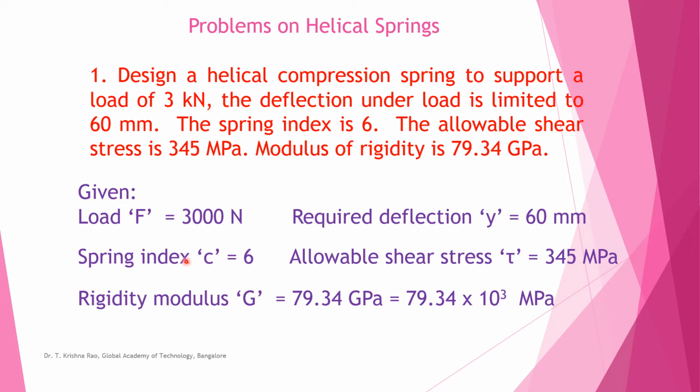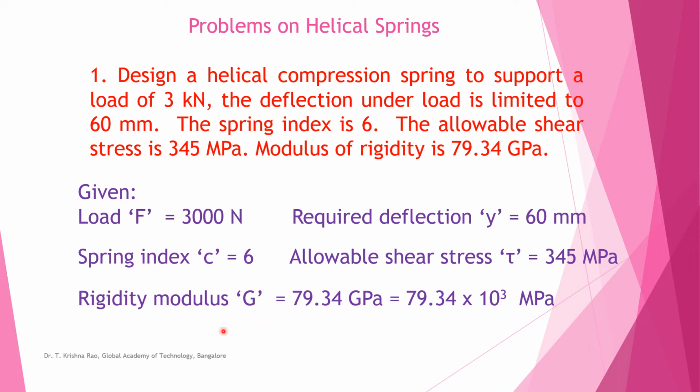Then we can select the spring index. Normally the best design spring index varies from 5 to 10. We will safely take some 6 or so. We can assume the spring index. We take the material for the spring, maybe oil tempered steel wire, music wire, chrome vanadium steel or silico-manganese steel. We go to the table, take the torsional elastic limit tau y, select a factor of safety, then calculate the allowable shear stress. Also select the G value from the table.